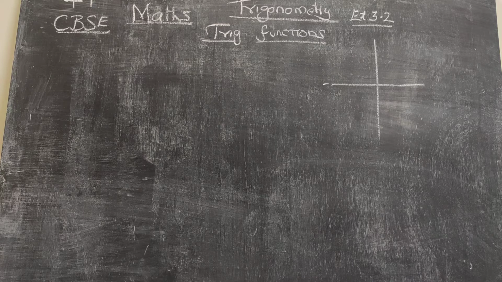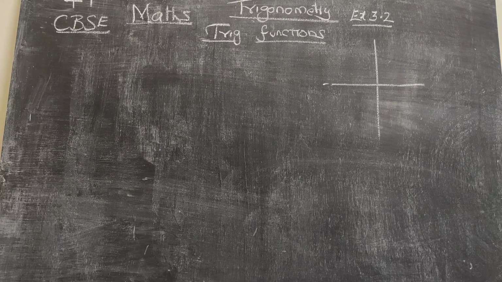Up to 90 degrees, you know. In your 10th itself, you were taught how to find the values of sin theta, cos theta, tan theta, or its reciprocals, cosecant, secant, cot theta, for 0 degrees, 30 degrees, 45, 90 degrees. If theta is 120 degrees, or if theta is 150, or theta is 330 degrees, how to find the value? That is what we are going to see in this exercise.